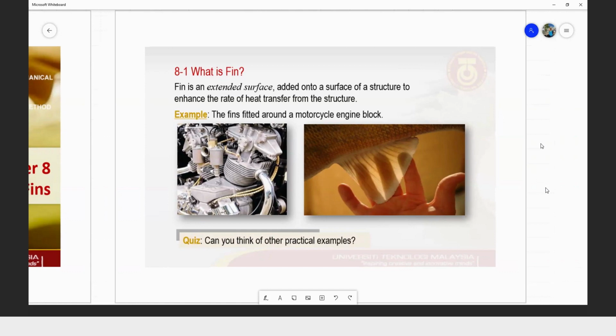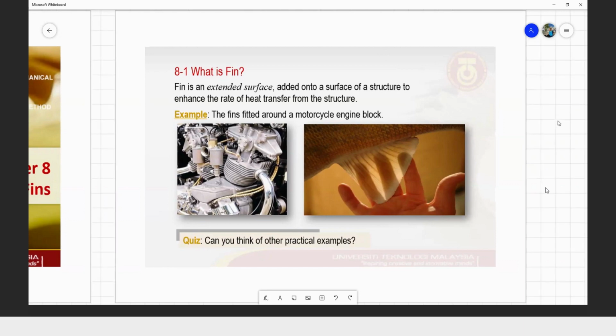So we have a surface that may have high temperature, so we extend that surface to the structures. Then it has been proven that this extended surface, or what we call a fin,